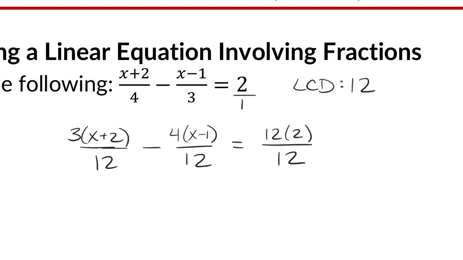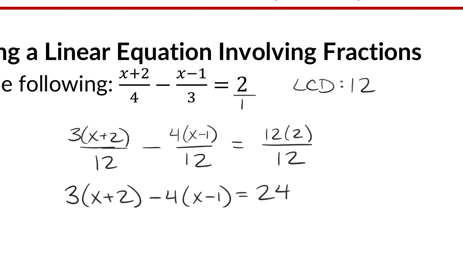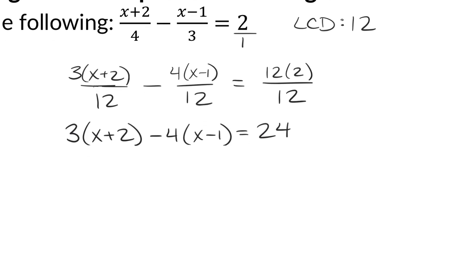Okay, cool, great, awesome. Now that they all have the same denominator, we can just deal with the numerators. Meaning at this point, I can just pretend that this equation says 3 times x plus 2 minus 4 times x minus 1 equal to, and I can't help myself, that's 24. 12 times 2. Denominator's gone. Because they're all the same, we're comparing them amongst the same kind of fraction, we can just deal with the numerators. Now this problem looks like the problem that was above, where we're gonna go ahead and do distribution